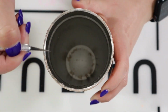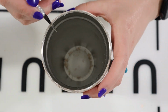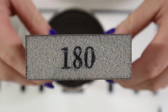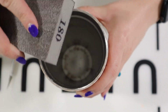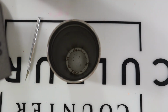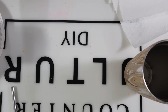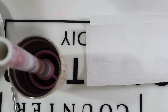And then once I cleaned up the rim with my X-Acto knife, I went in with a 180 grit sanding block, and I also sanded the rim too, just for good measure. I just wanted to make sure that it was a nice and smooth rim and there was nothing poking out or any sharp edges. And once my rim was nice and smooth, I moved on to the next step, which was removing the paint